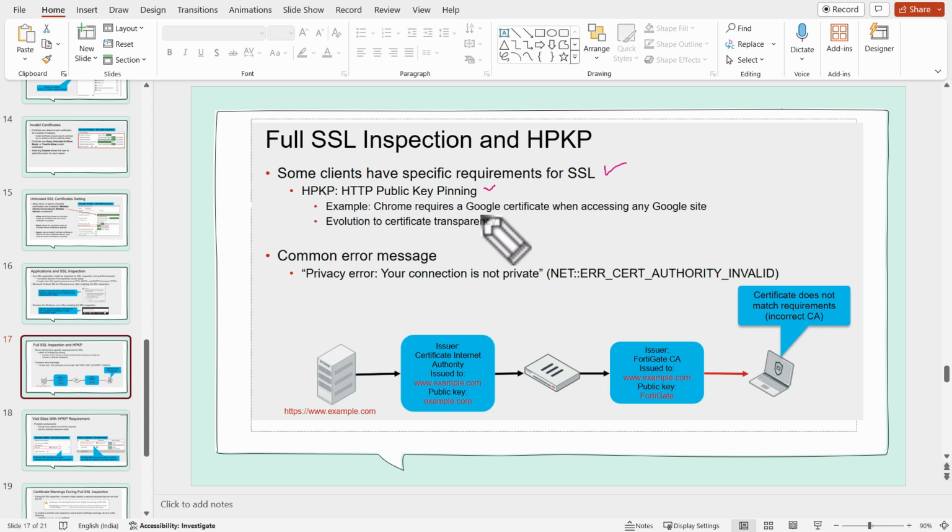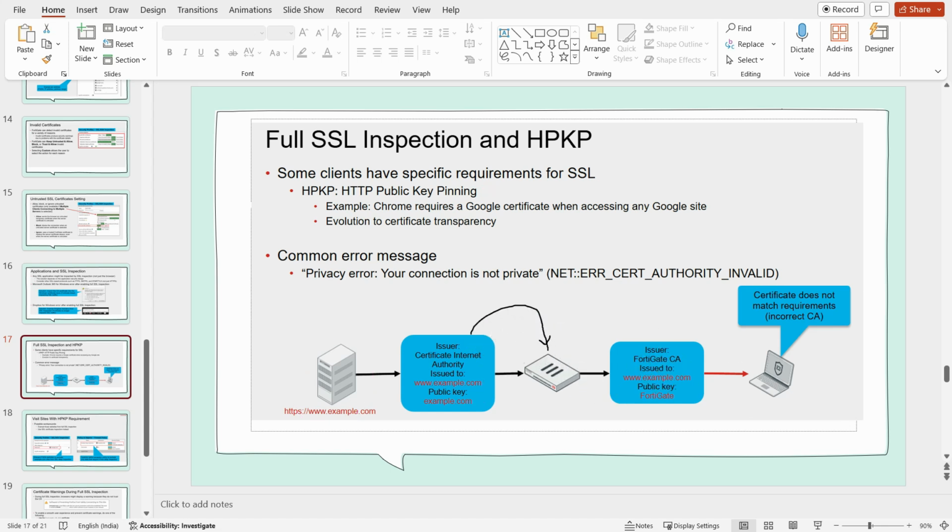For example, Chrome requires a Google certificate when accessing a Google site. Here is one of the servers ending with example.com. If you see the issuer, the certificate is issued by a public certificate authority to example.com. Now the traffic is intercepted by the Fortinet.